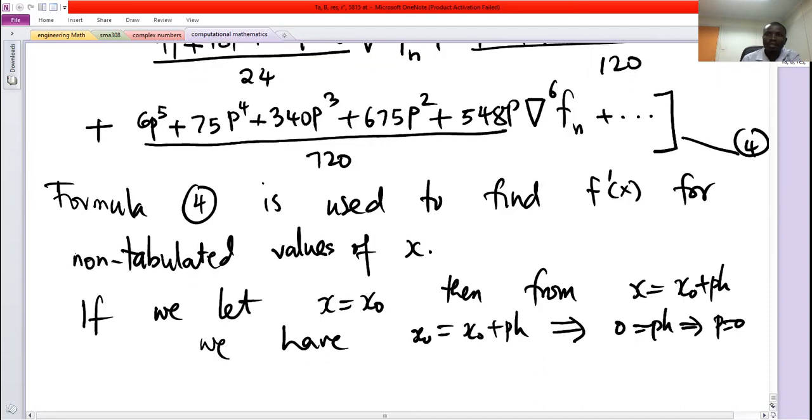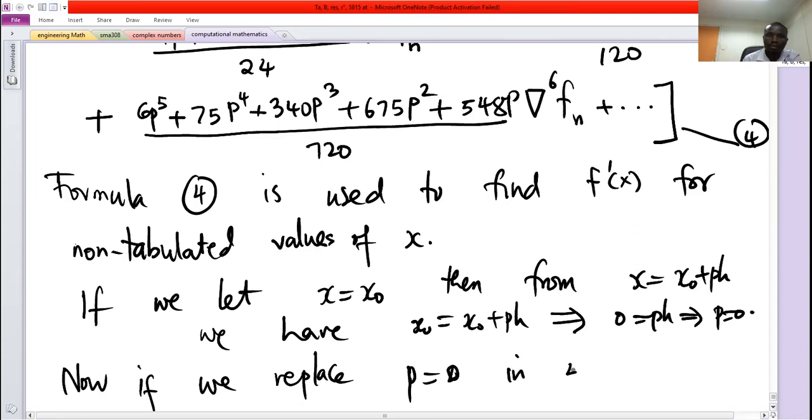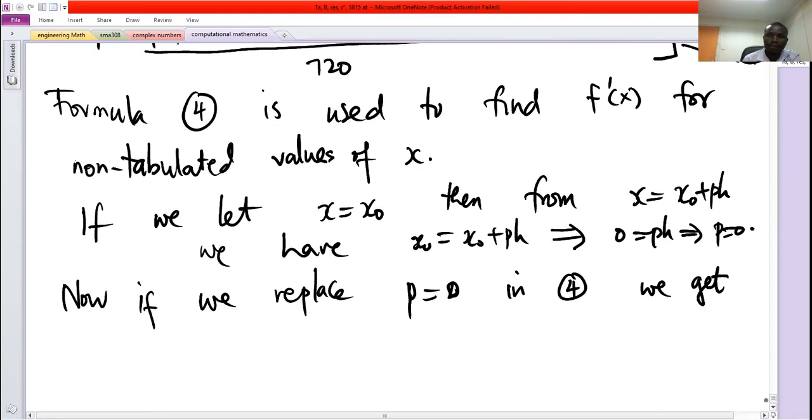So replacing in 4 for p equals 0. Now if we replace p equals 0 in 4, we get that the derivative at x naught is given by,